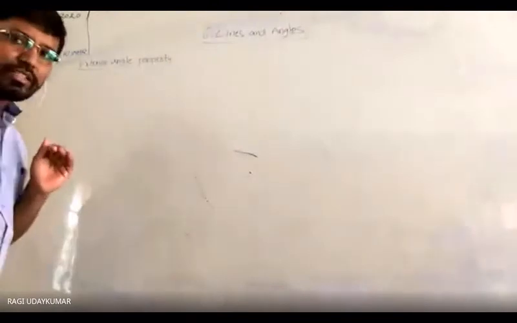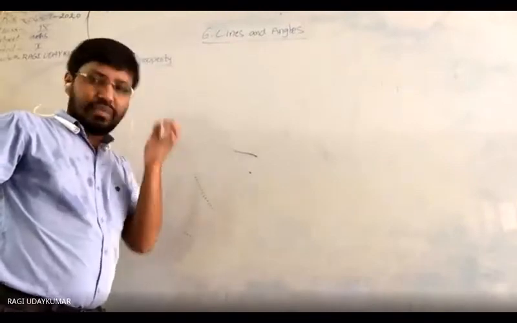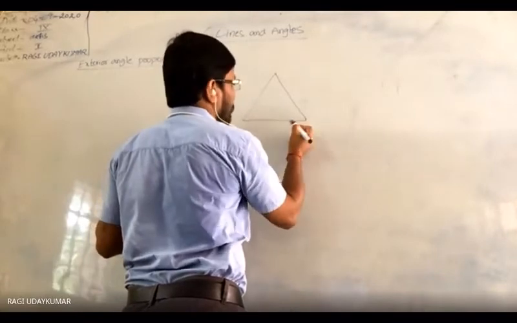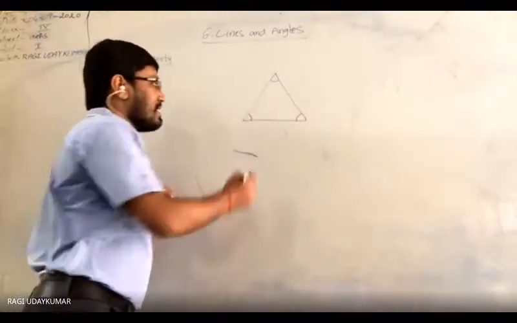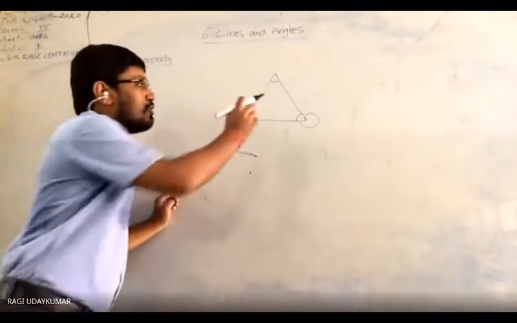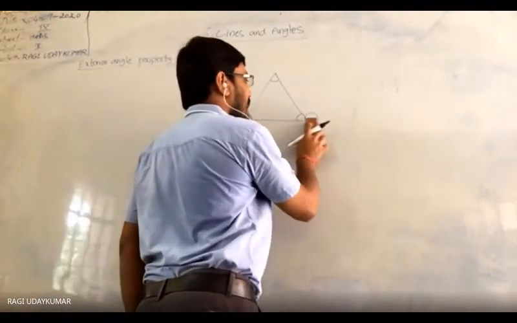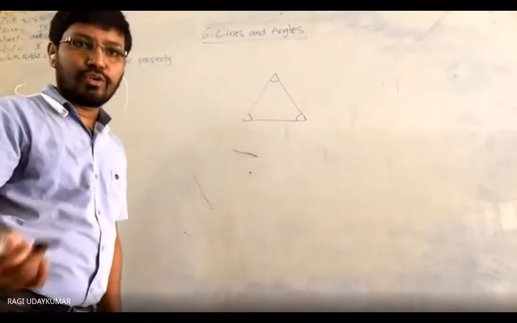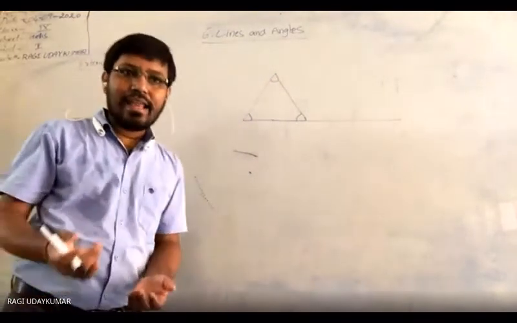Okay. Exterior angle property. Actually, what is meant by an exterior angle? First, you need to know. Whenever you take a triangle into consideration, some students may think that this angle is interior, this is interior, this is interior, and then the exterior angle is this one. It's not an exterior angle, it is the reflex angle to this angle. Exterior angle is nothing but if any side of the triangle is produced, that is, if you are extending it, then the angle formed,